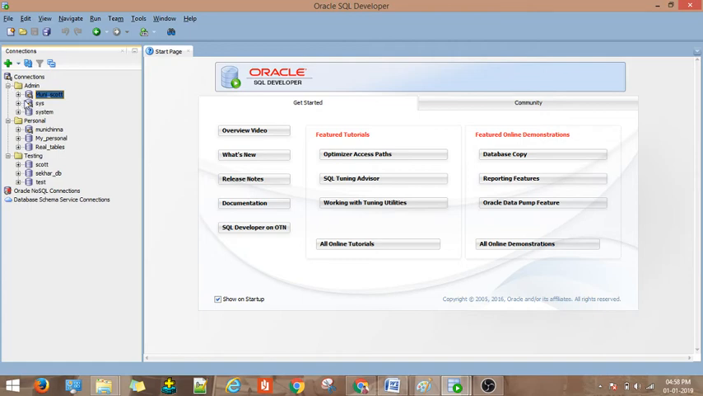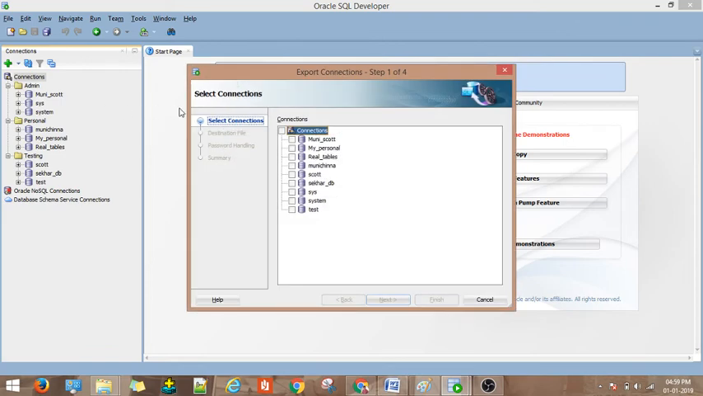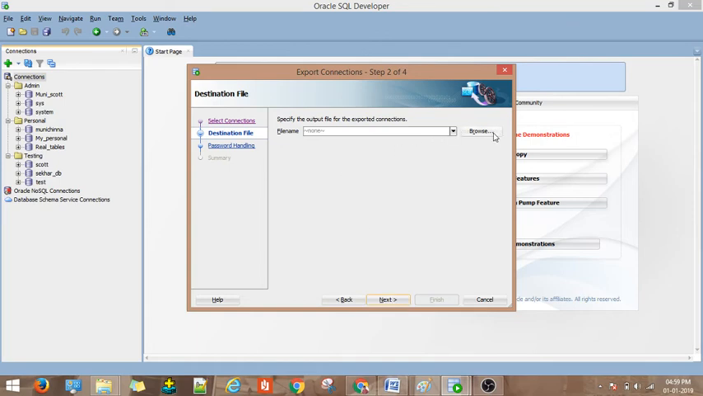So now I am doing how to export the existing connections. Click on connections, then export connections. You have multiple connections. If you don't want to give all the connections and want to give specific ones, then you can select whichever connections you want. For testing purposes, I am just giving all. Click on next. Here you need to click on browse